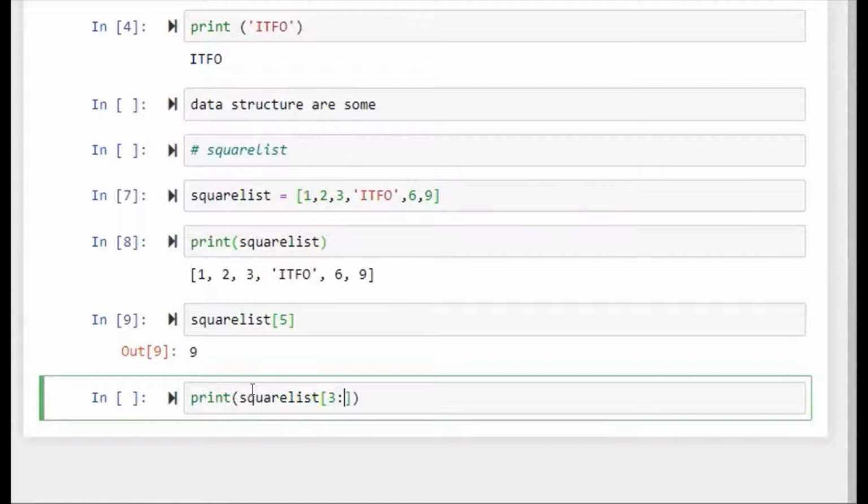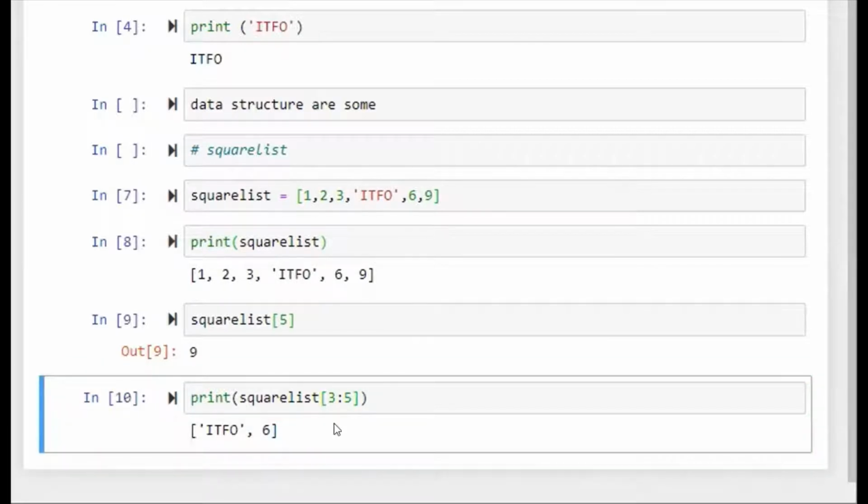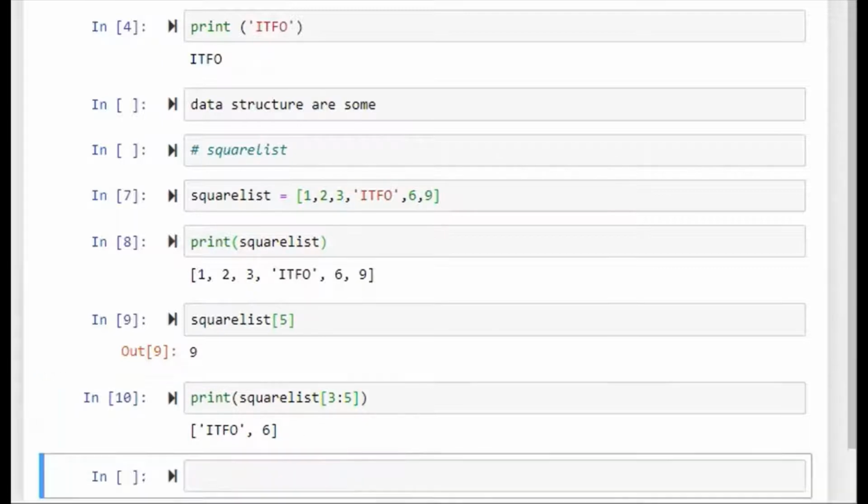Then it shows us the list items from the fourth, because it starts from 0. So it shows the last two elements, which are 4 and 6. So these are some basic operations that we are learning.